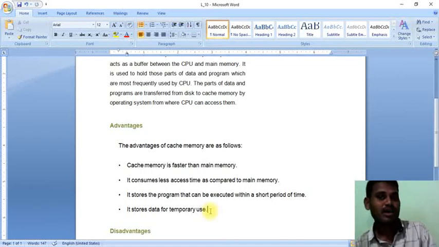If you store a video in your memory card, you can see that video again after 2 months, or 6 months, or even a long time later. But the cache memory can only store data temporarily.